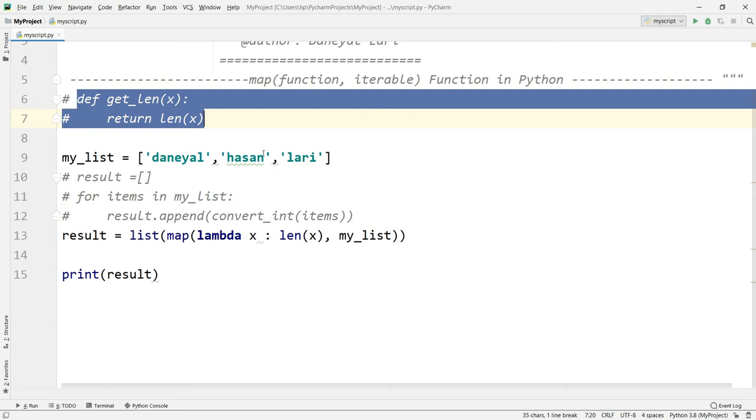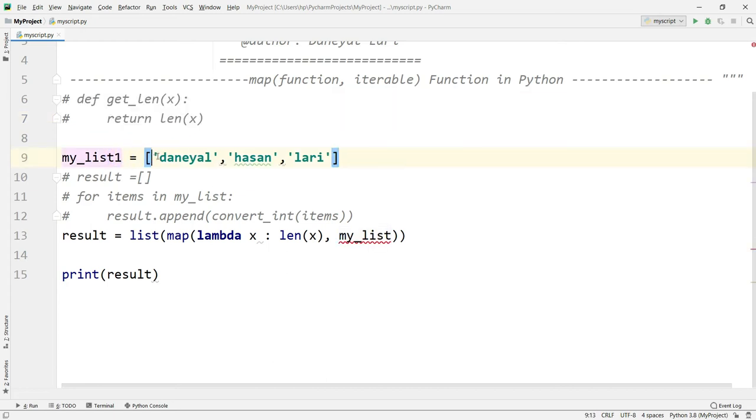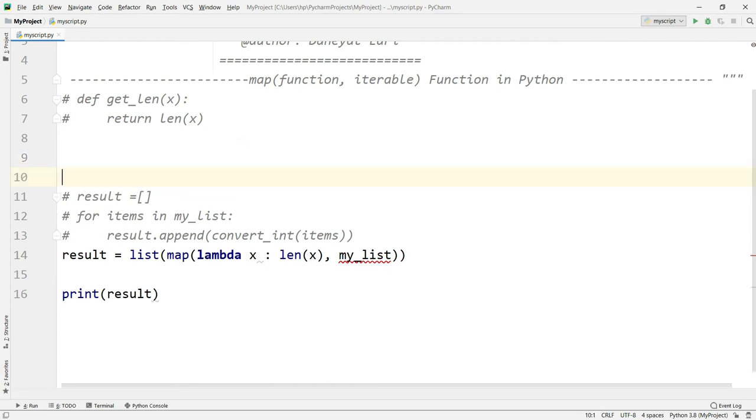Okay, so let's do some more practice with the map function. A map function can accept a function as well as iterable objects. We can pass more than one iterable object also. So for example, if I have one list that contains values like 1, 2, 3, 4, and 5, and I have my list 2, another iterable.